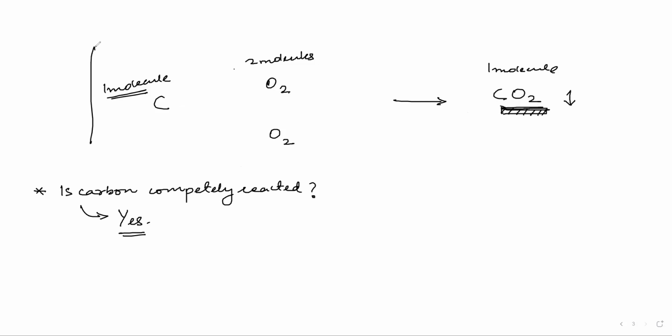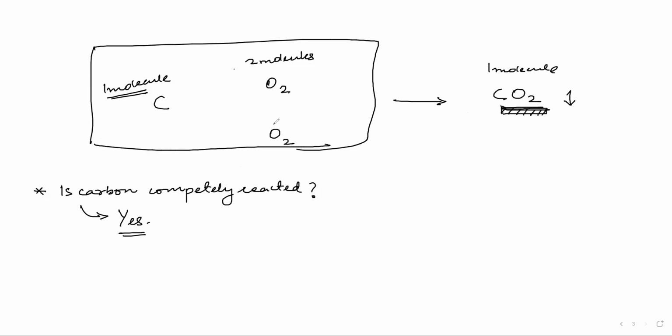If we look at the complete picture here, there are two molecules of oxygen, right? If there are two molecules of oxygen, we would be hoping that we will be getting two molecules of carbon dioxide also. But the culprit here is carbon. This carbon is less. That is why it is limiting the production of carbon dioxide. Yes or no? Yes. That species which gets completely consumed, which gets completely reacted, limits the production of products.